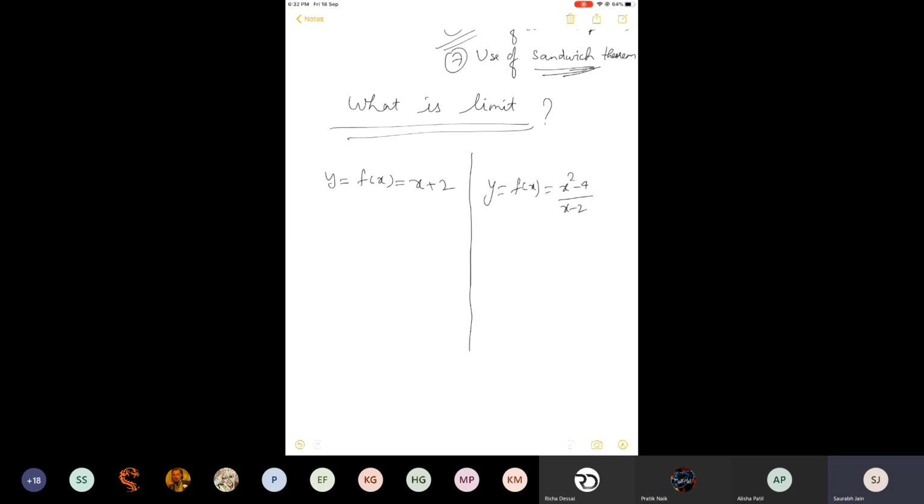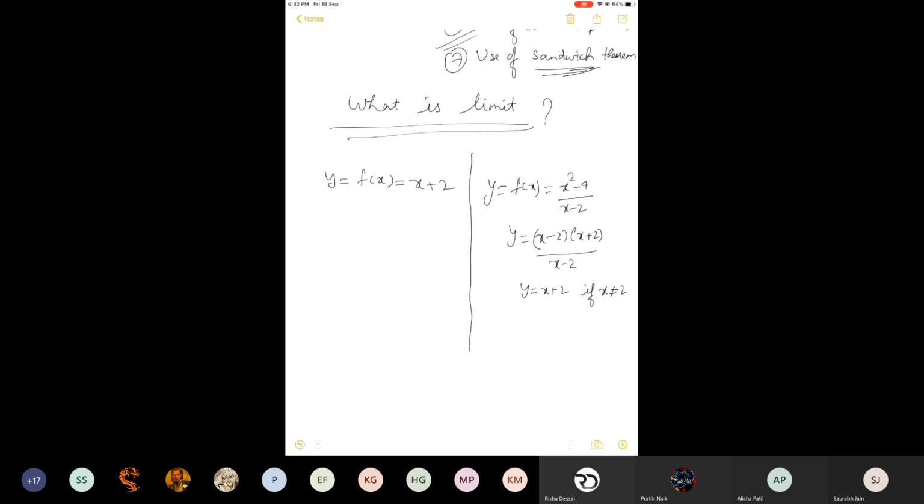No is the answer. Answer is correct. Can you give me the reason? Because the domains of both of them are different. Yes, right. Some of you may argue, sir, that on factorization it will cancel and I will get y equals x plus 2. That is correct, but under the restriction of domain. Here, there is no restriction on y equals x plus 2. Put any x whatever you want because it is a polynomial. So the domain is R. No issues. Draw the graph: a straight line. This is the graph. No problem.